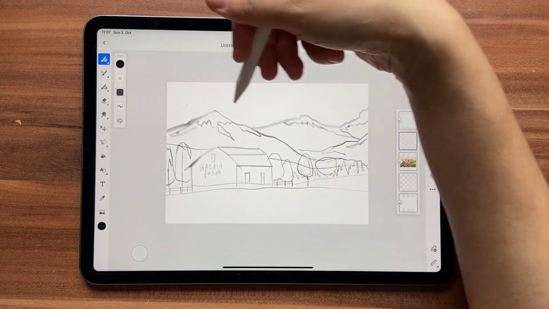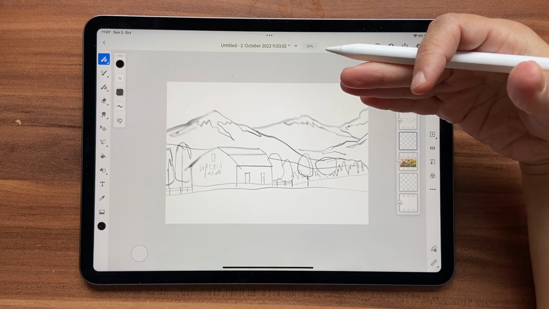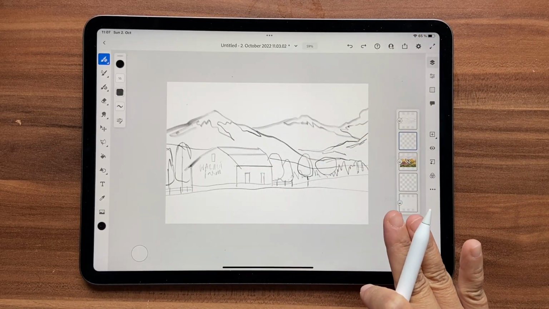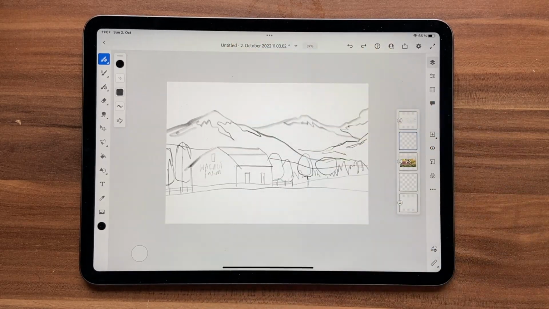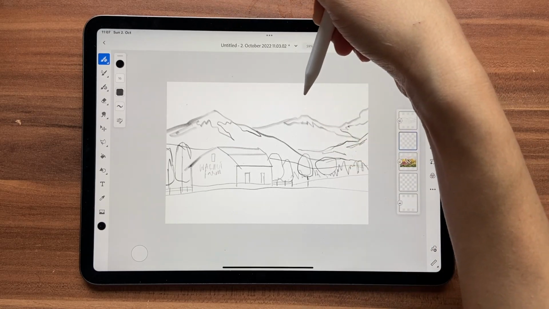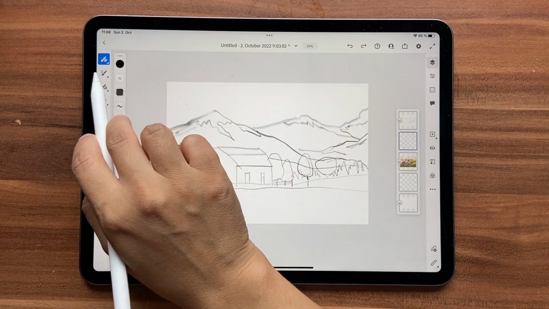That is, the sky is obviously in the back, and then comes the mountains, and then the trees, and then the house, and then this lawn in the front, right? So we're going to go ahead and do that in sequence, okay? So the first layer is obviously going to be the sky,